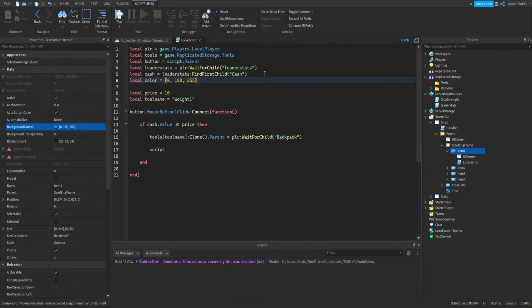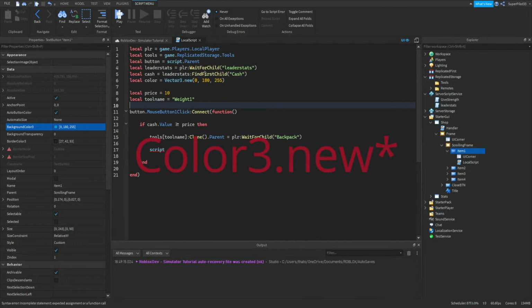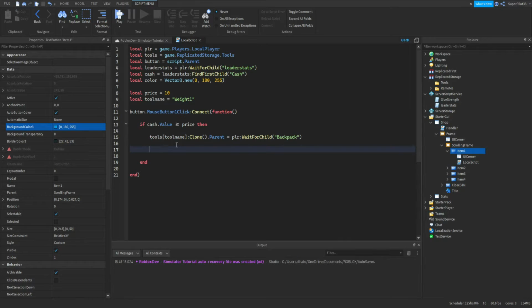So basically just brackets, and what we're going to have to do is Vector3.new with our numbers in there. There we go. So what we do is button.BackgroundColor3